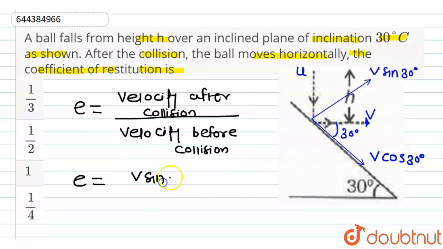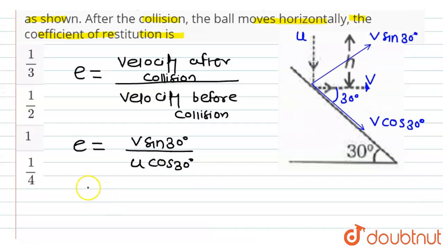So v sine of 30 degree divided by velocity before collision along the line of impact will be equal to u cos of 30 degree. So here v divided by u into tan of